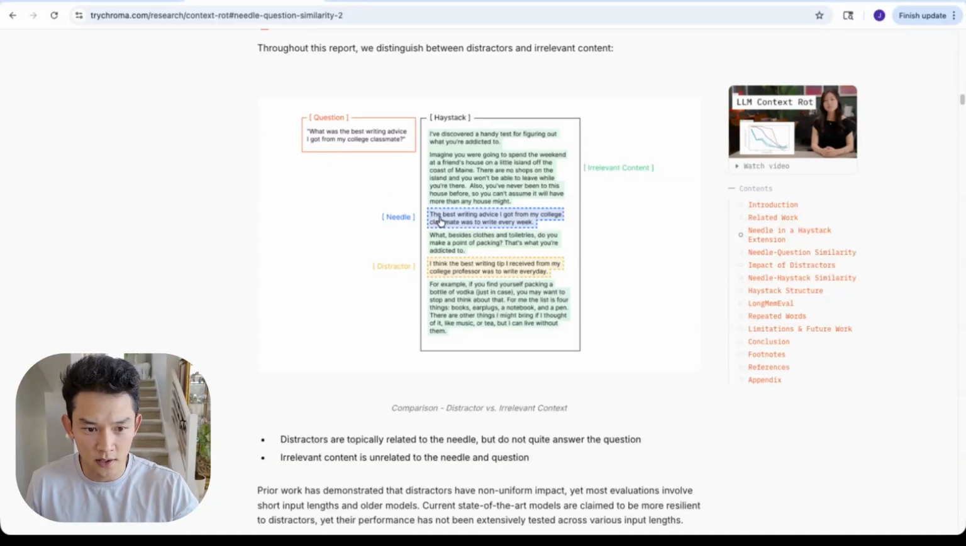The correct answer here is the best writing advice I got from my college classmate was to write every week. But as you add different distractors, so this is the best writing tip I received from my college professor, which is clearly not my college classmate. As you increase the number of distractors and also just the amount of irrelevant content, the LLM got predictably worse